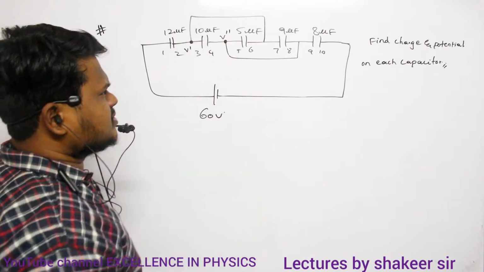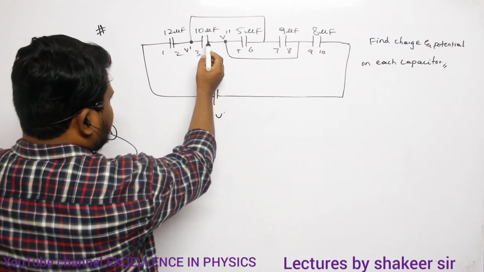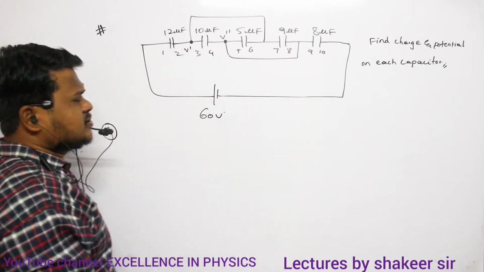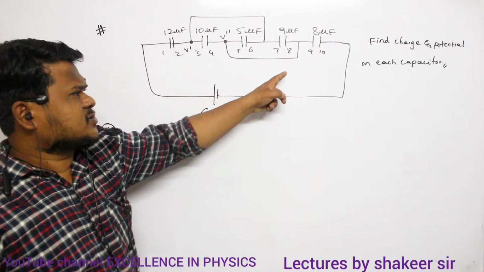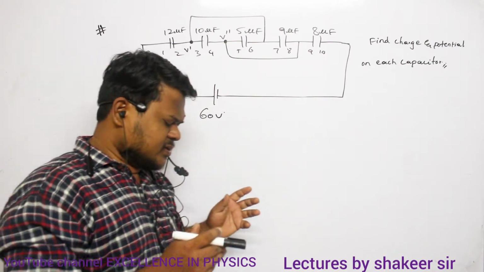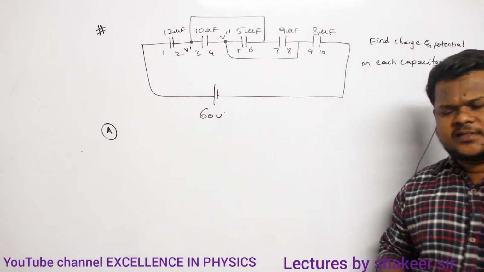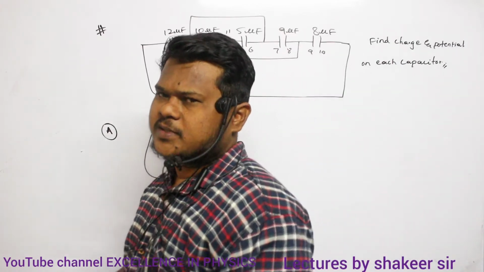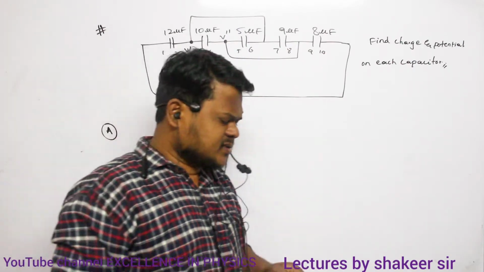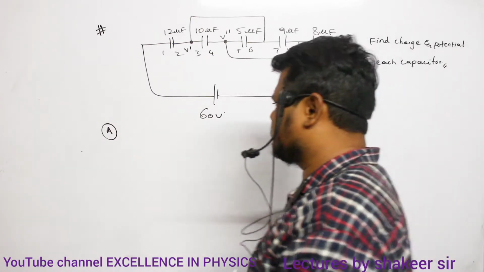then which capacitors are at a potential of V double dash? Let us see. V double dash is connected to 4 and 5. Similarly, the same V double dash is connected to 8 and 9 also. So all these plates should be at the same potential. It means the first plates of some capacitors are at one potential, and the second plates of the remaining capacitors are at another potential. It means definitely, what kind of connection is this? Series or parallel? Definitely parallel connection.